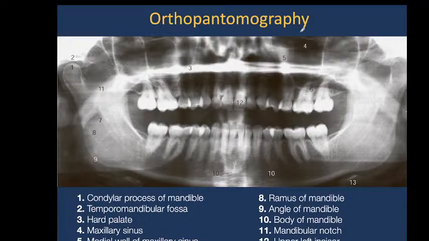Orthopantomography, I think this is the correct pronunciation. Usually this method is progressing by taking the sources. I will show you the sources, the receiver inside of our mouth, and then around the head